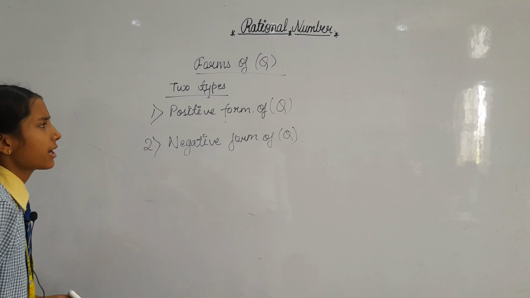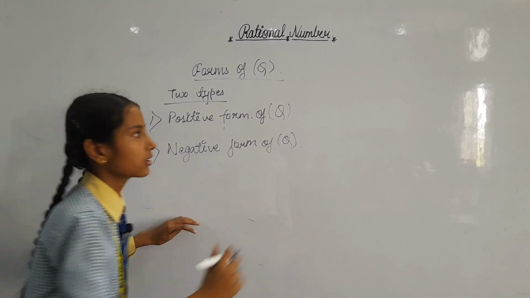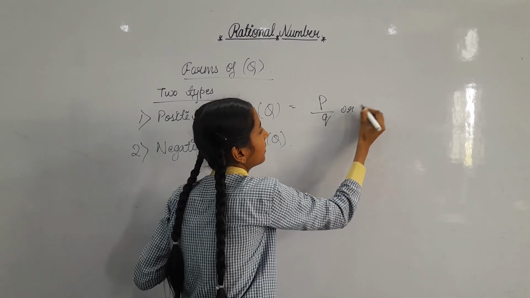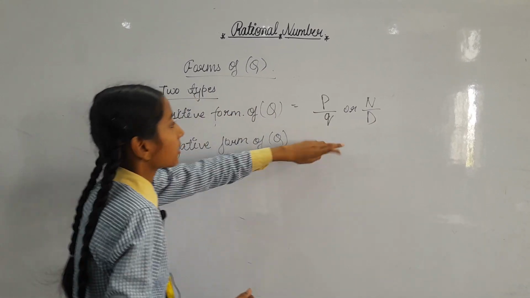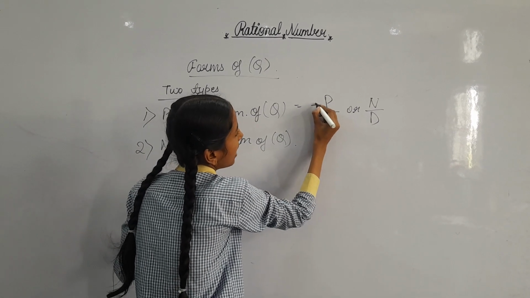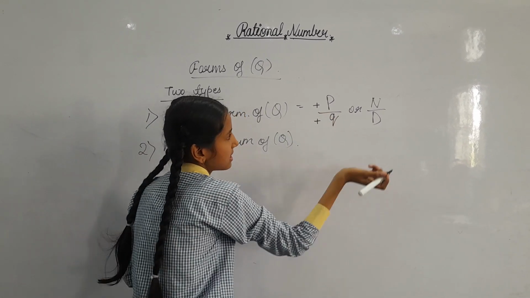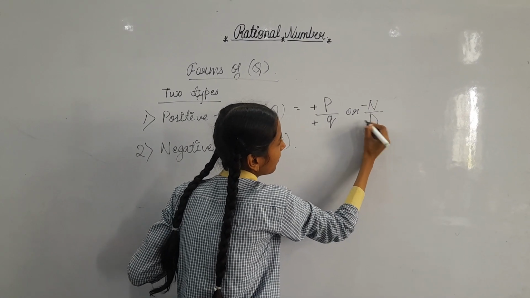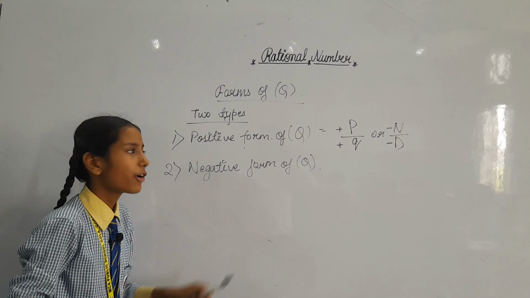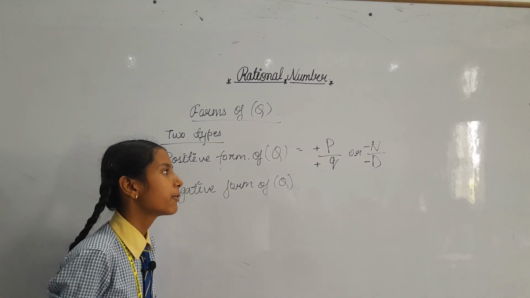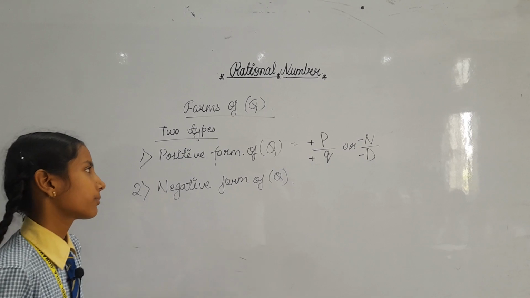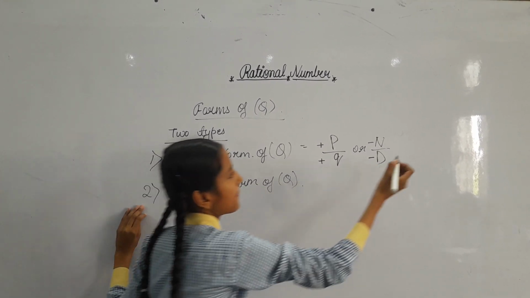What is the positive form of rational number? If any number is expressed in the form of p by q, and the numerator and denominator have the same sign, meaning that p has a plus sign and q also has a plus sign, or if the numerator has a minus sign, the denominator also has a minus sign, it is called a positive form of rational number, because the positive form of rational number says any number expressed in the form of p by q where p and q have the same sign. Means, for example,